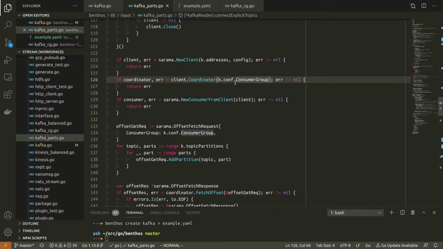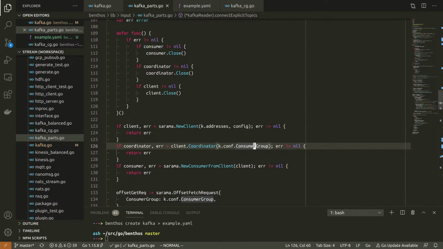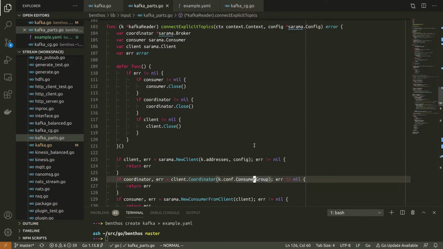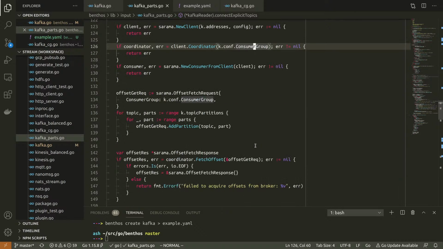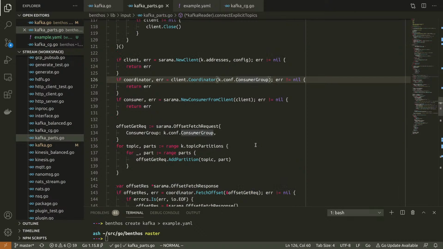So here's the first place where we reference the consumer group. So what are we going to do here?